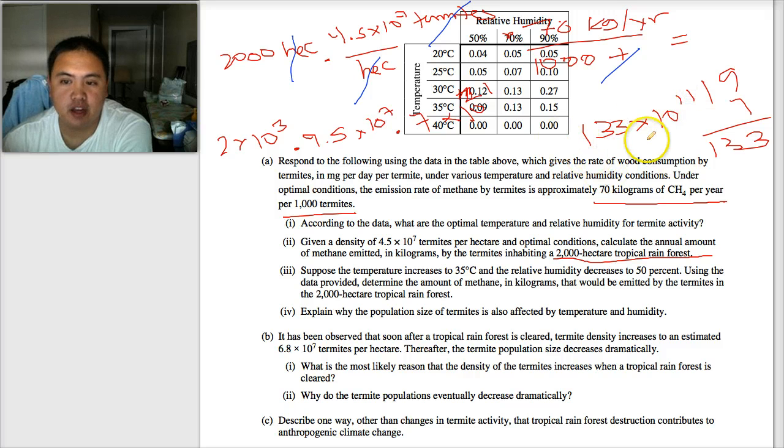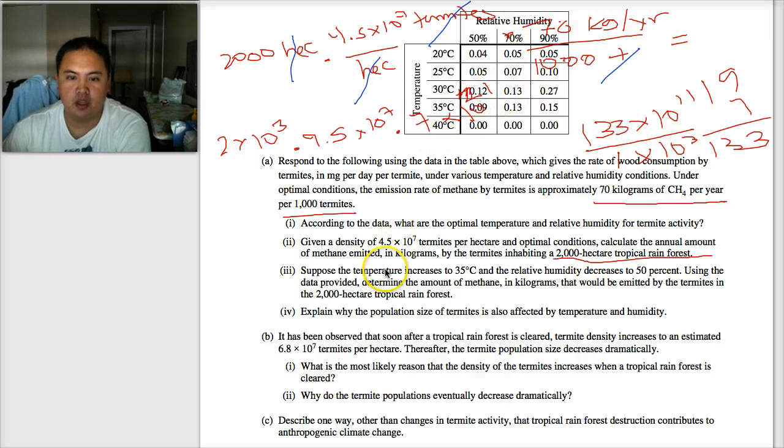Okay, you can move this stuff around. But remember, I'm also dividing by 1,000. So I'm dividing by 1 times 10 to the 3. Same thing, I divide the main number. So 133 divided by 1 is still 133. And then I subtract the 3 from the exponent. So it's going to be 133 times 10 to the 8. Hopefully that makes sense. I can't ask you guys any questions, but that's how you'd multiply it. And then also never forget to do units.